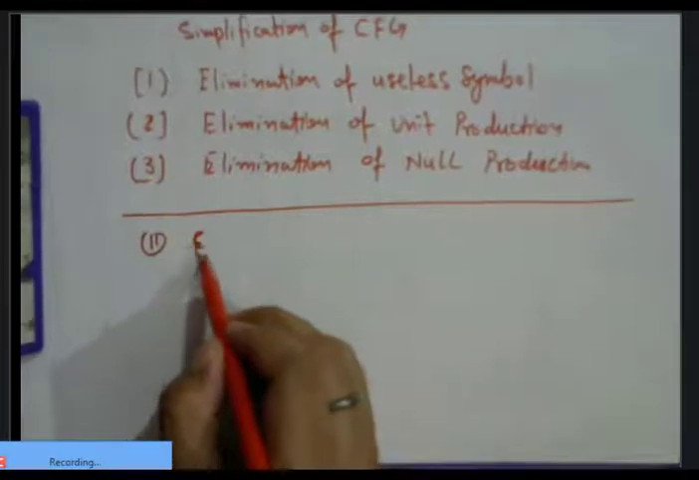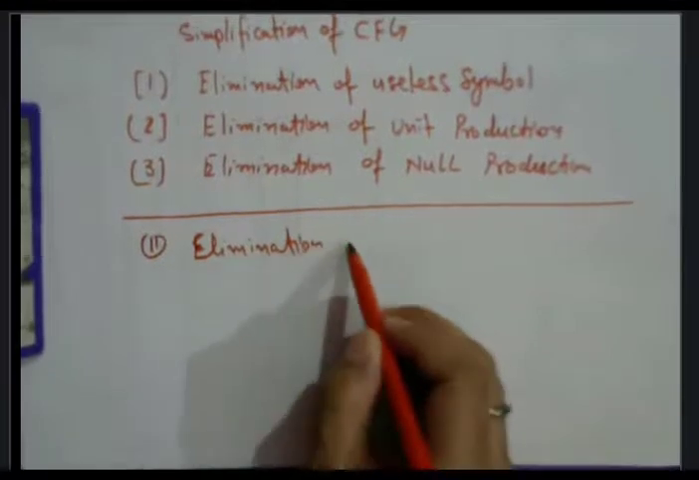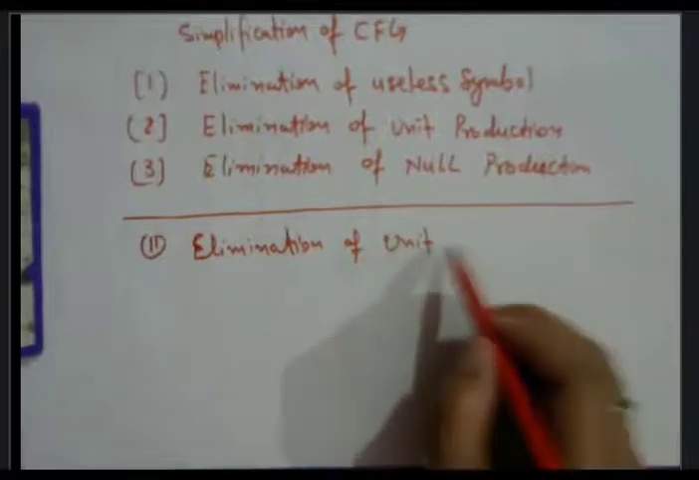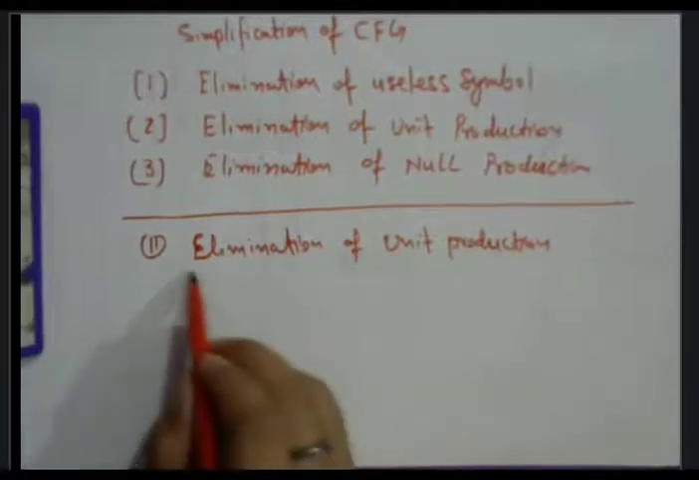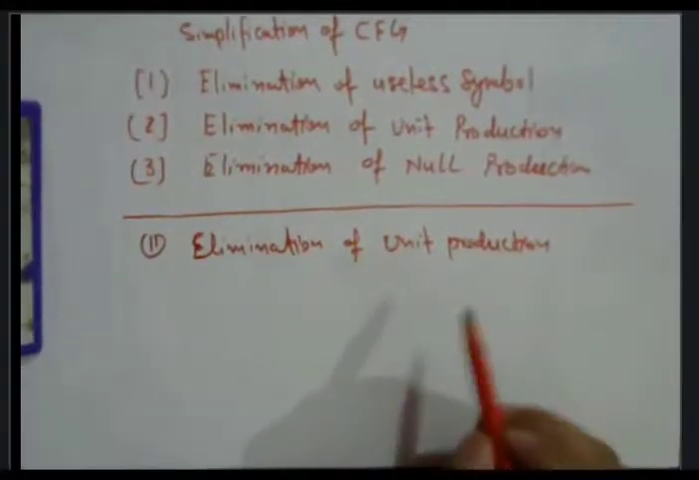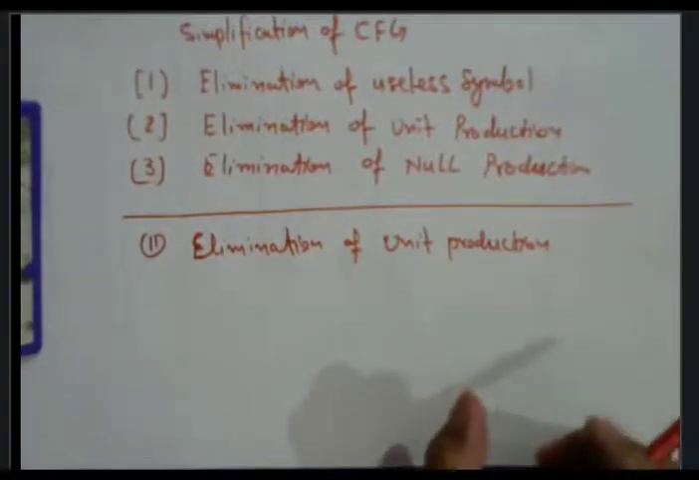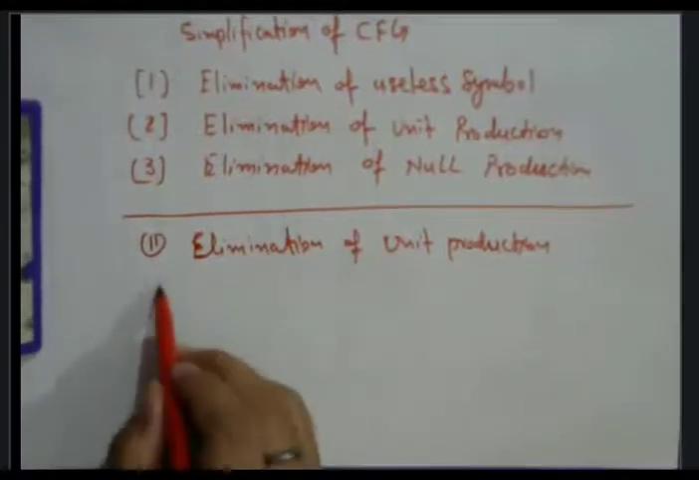Now the second point, elimination of unit production. If there is a unit production in the grammar, then how do we reduce that unit production in the specific grammar for the useful grammar? There will be an example which we want to discuss, showing how to remove the unit production in this grammar. Suppose the example is like this: